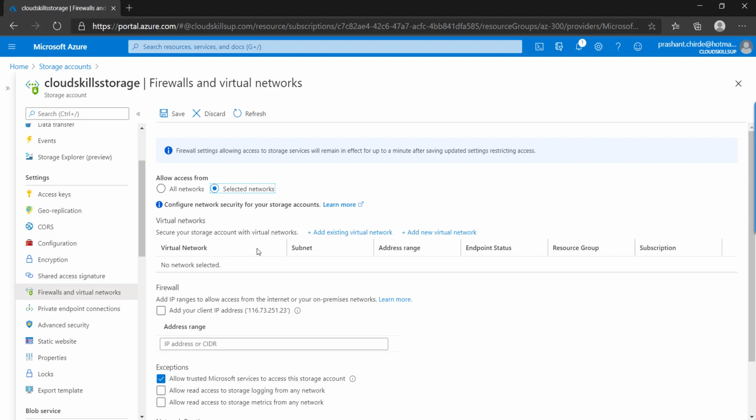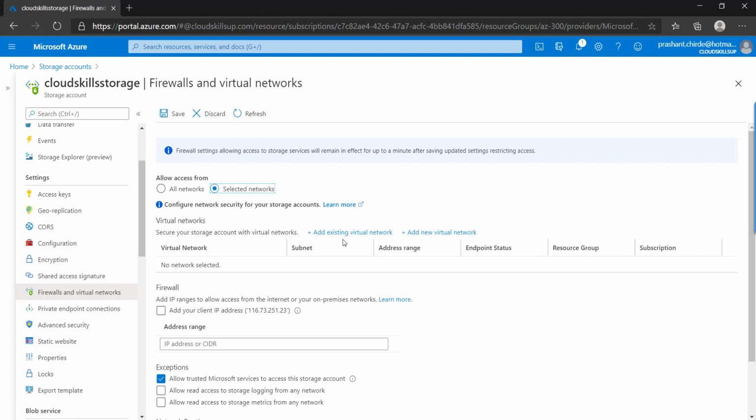Now consider a scenario where we have an application and a virtual machine responsible for uploading the data for that application. To do this, we will add the CIDR if the network is already present.